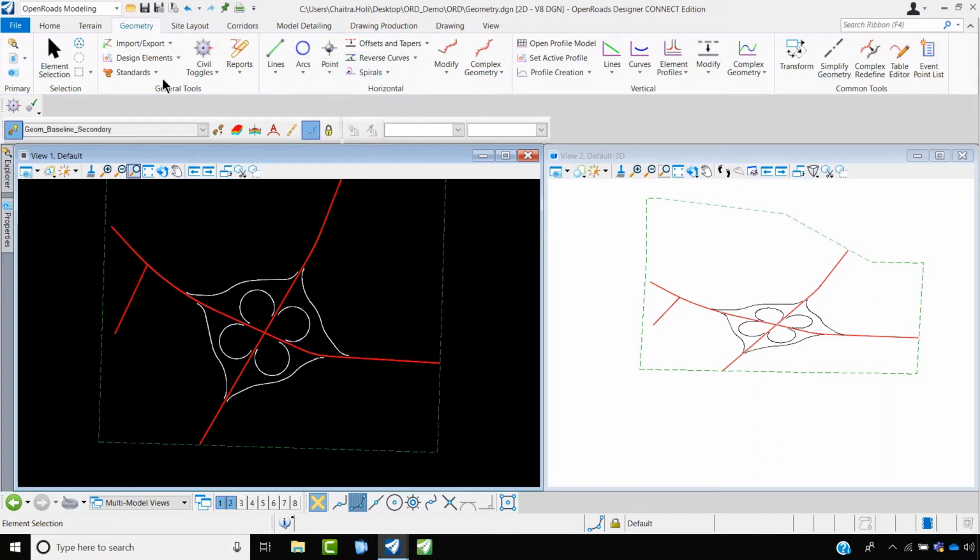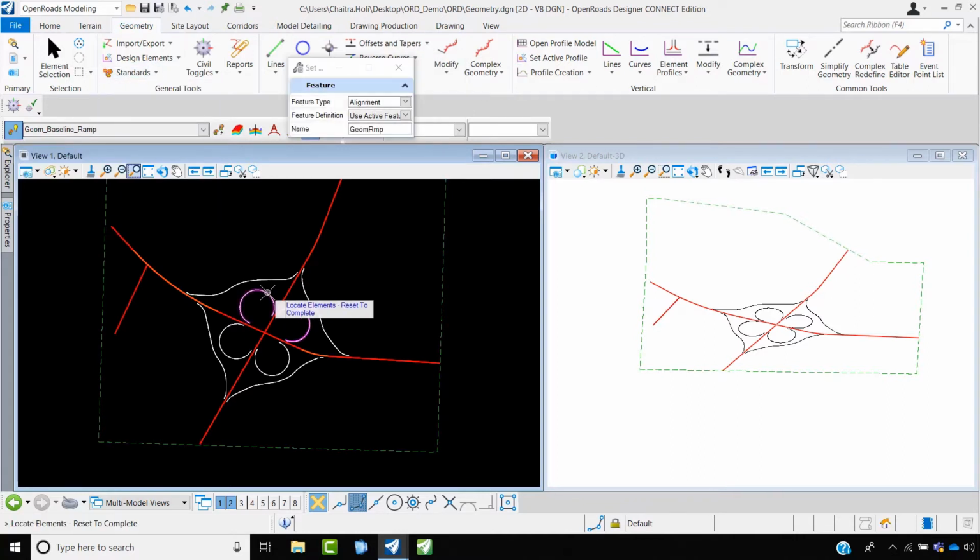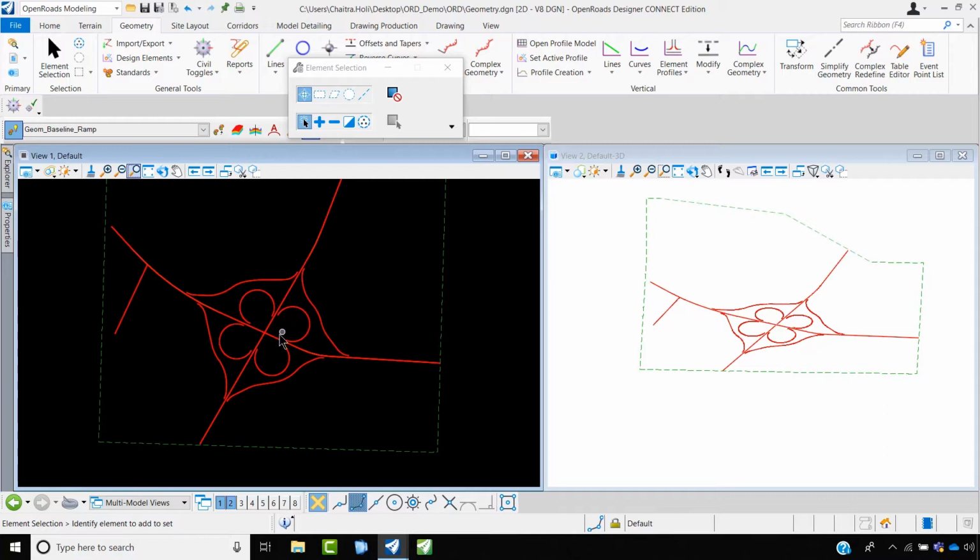So quickly select in the similar manner, select it as a ramp and select my feature definition for the rest of the things. So over here you have assigned the feature definition for all the roads being imported. And just escape this and come out of this command. Or the moment you select any of the road,